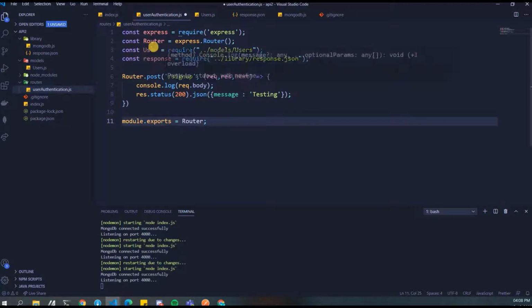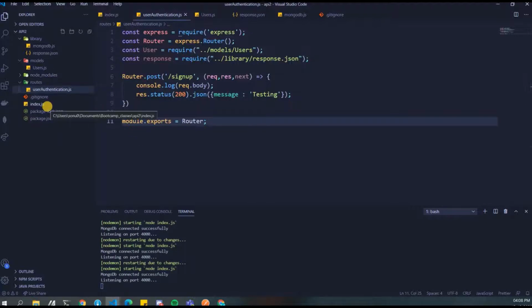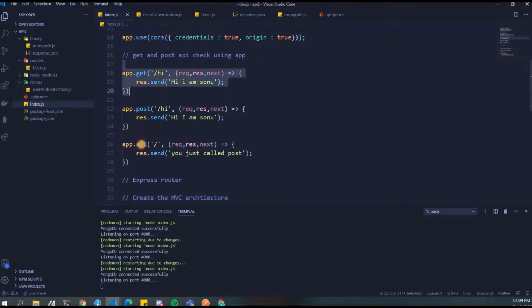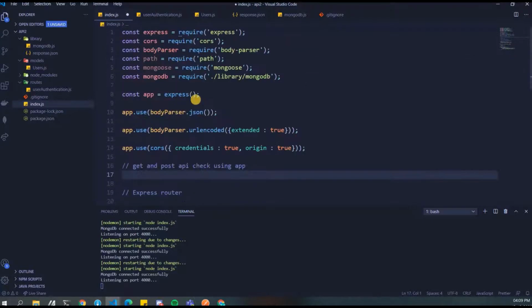Now, is this particular file getting used anywhere in our index.js? Because we all know index.js is the place where all the control happens. Whatever is going to run, it's going to run via our index.js. So let's check that. We have all these things. Since we are not going to use this, it was just for our use case, so for now we'll forget about it.